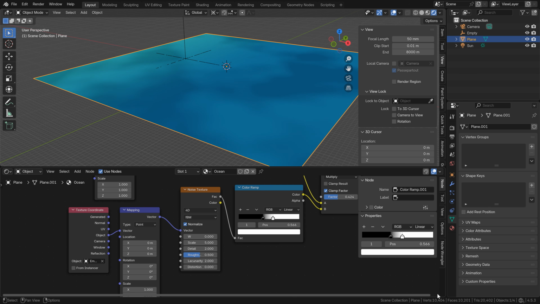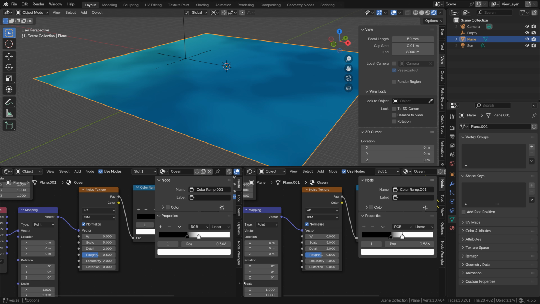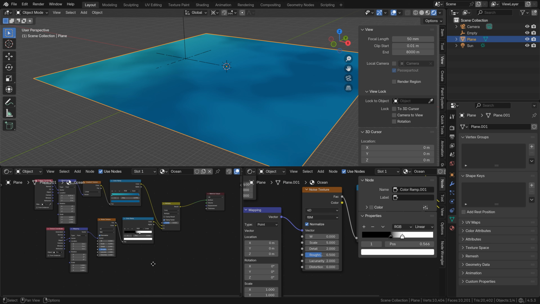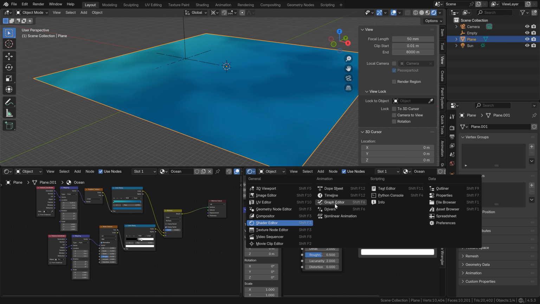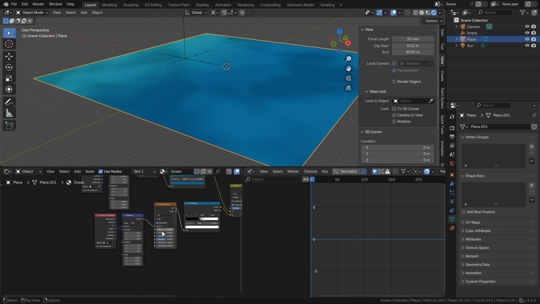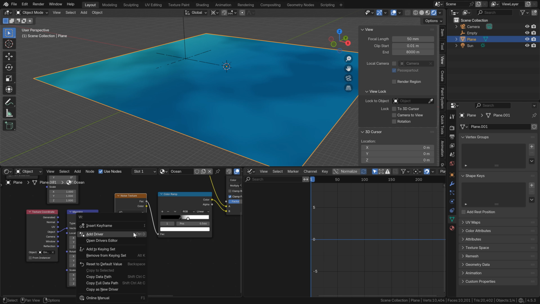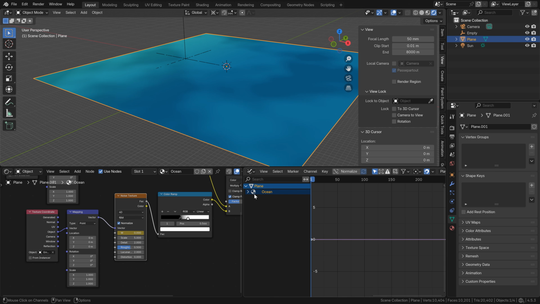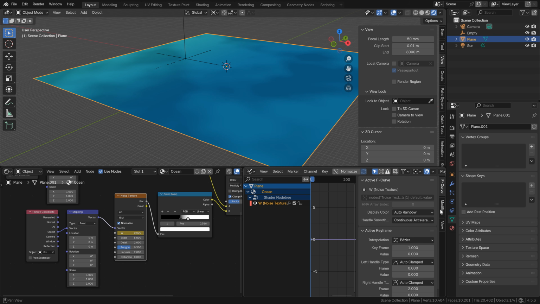So let me actually add a new window in here. Let's hide the shelf with N. Go to Graph Editor. Select the ocean and then select this noise texture. And right click, Insert Keyframe. Right away you can see that this noise option appeared in the graph editor,